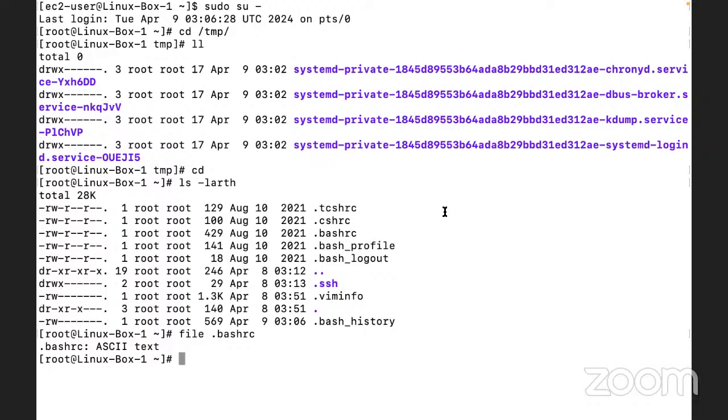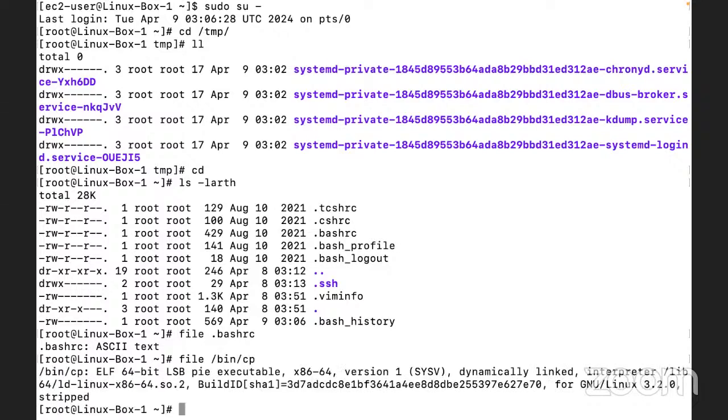Okay, no worries. So there is a particular command to know the type of file, whatever type of file we have. We can run a command known as file. After that, we need to specify a particular file name. Then we can get to know. Let us say I want to know about a file. Let us say the command is file, like bin, or let's say cp. So it will tell us this is an executable file on x86 64-bit. Version is this. Dynamically linked